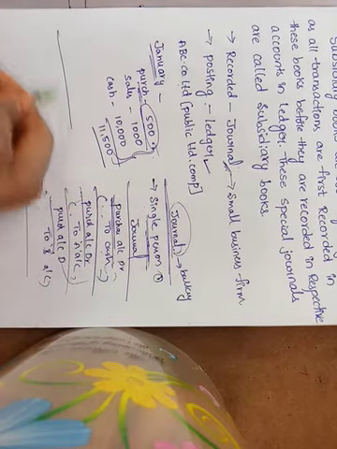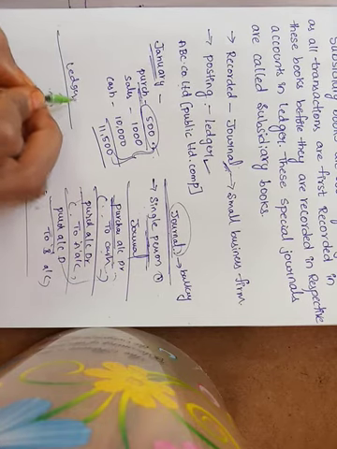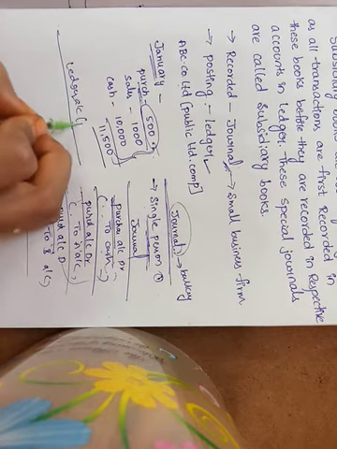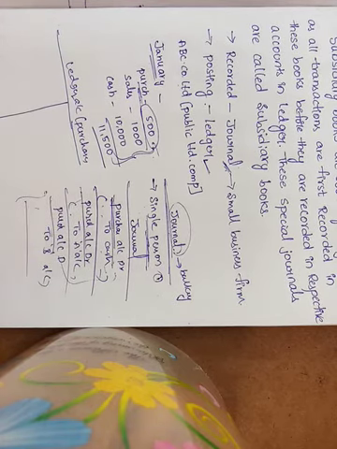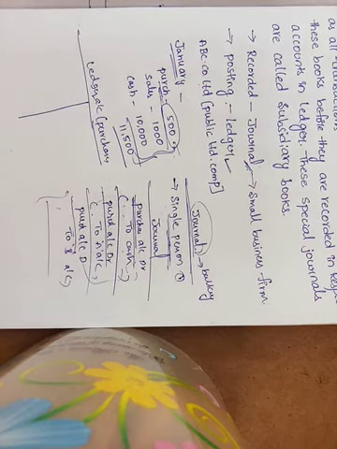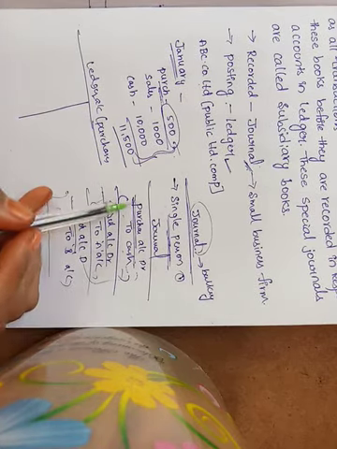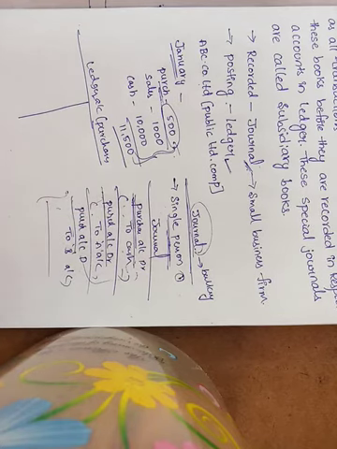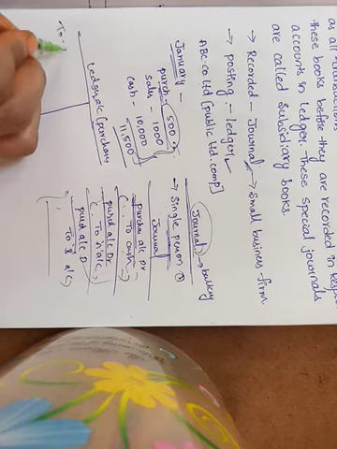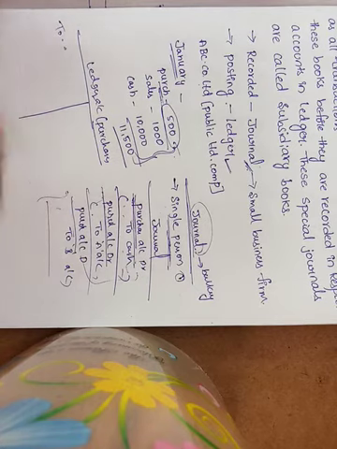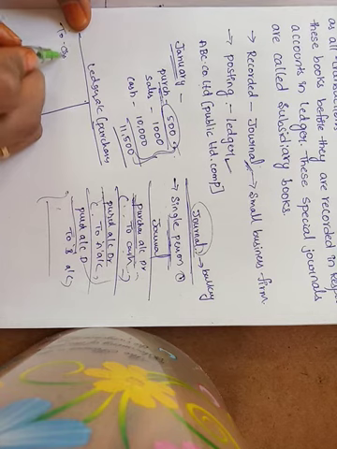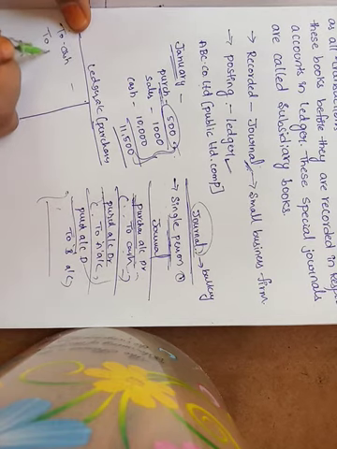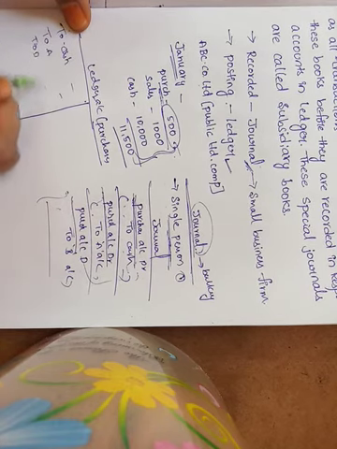step is what? Preparing a ledger account. So that ledger account name is the purchases account. In the ledger, the purchases account, where does it appear? It will come under the debit side or the credit side. So for every transaction, the purchases account will be on the debit side. So here are two purchases. Now it is on the purchases account, so it is on the debit side. On the debit side, to cash some amount, to A some amount, to B some amount.